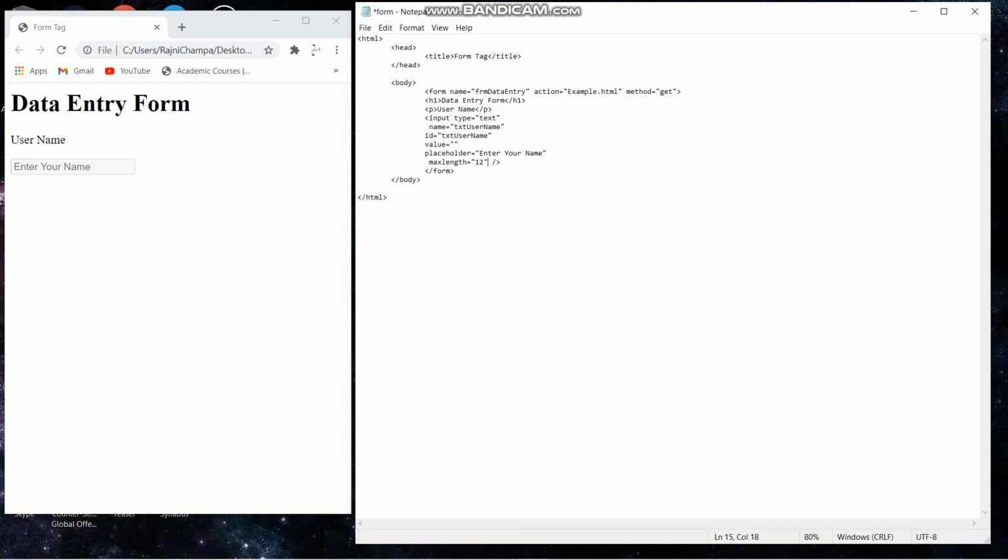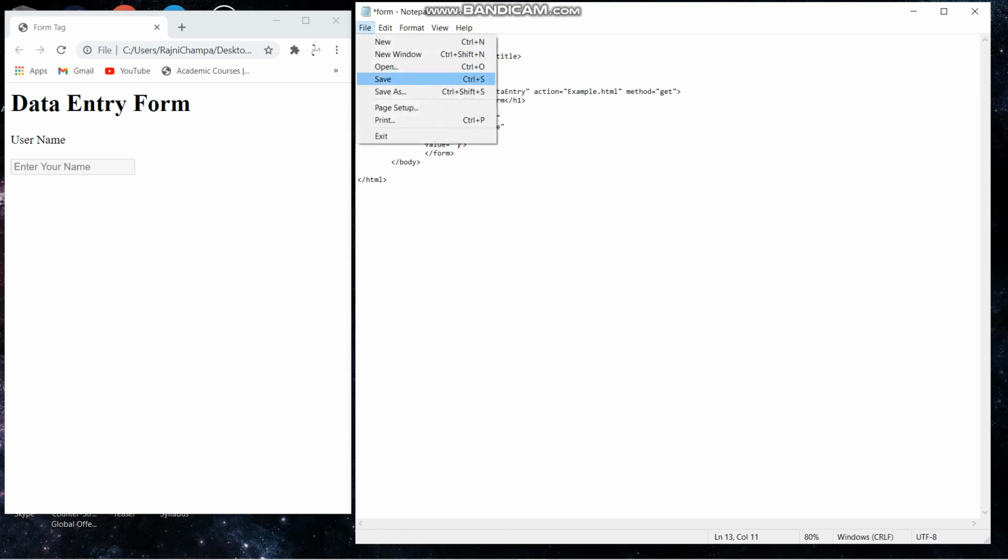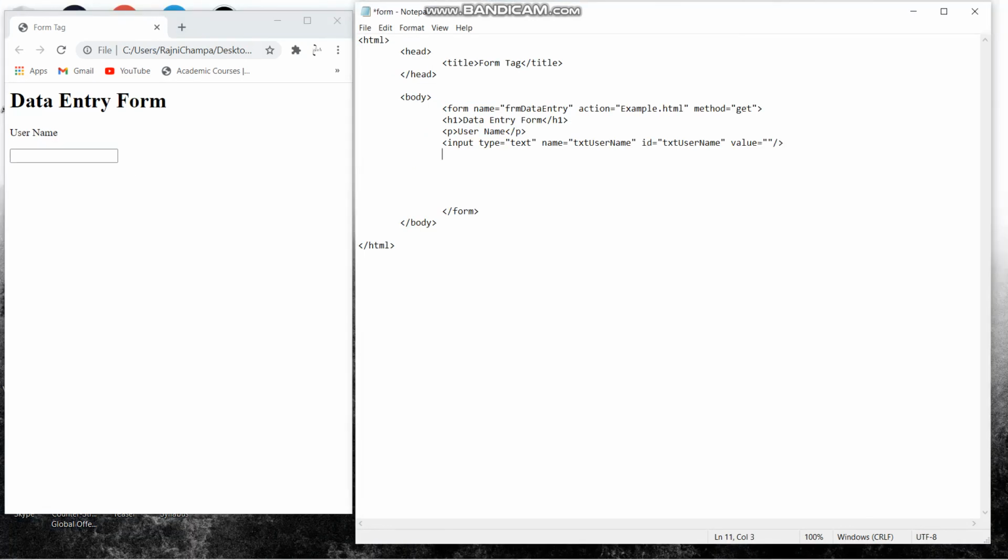I will be deleting this placeholder and maxlength, so it would be easy for you to learn first. I will save, refresh, and all the things have disappeared. Now this is the primary form structure. Going into the next line, I will use the break tag. Now in the paragraph, I am giving password.